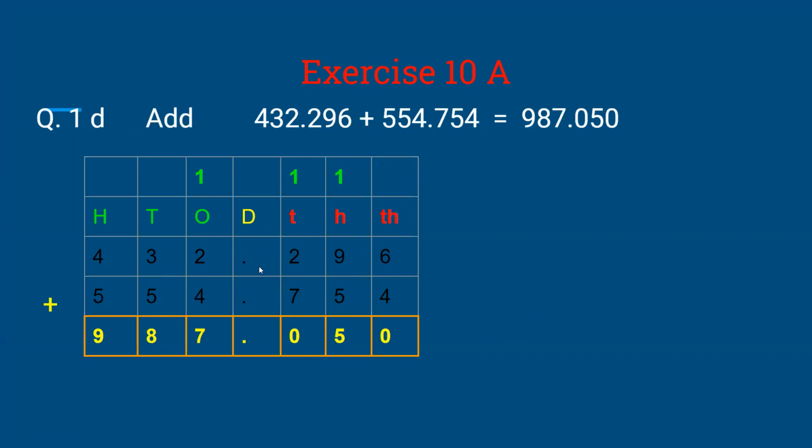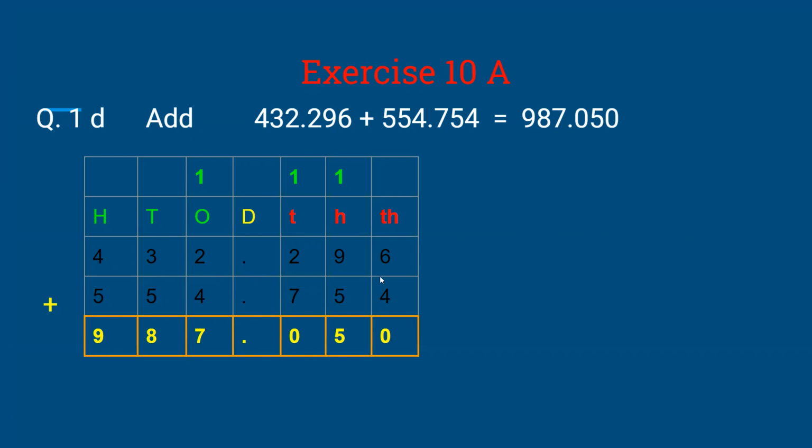Look there, all the decimals are coming under one another. They are in a line, and all the ones, tens, hundreds are in a straight line. All the ones under ones, tens under tens. So we have to write the numbers in proper place value form. If we write them properly, then we can do addition without any mistakes.